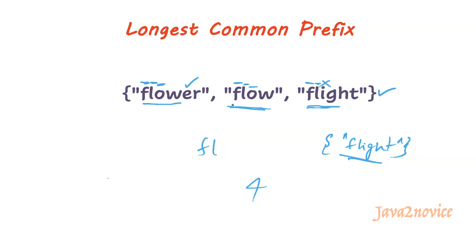In any other case, we will do a minimum length number of iterations to compare each character. If all 4 characters from the minimum length string are matching with the other strings, we will do a maximum of 4 iterations. So this is the logic. Hope you understood. Now let's write code.